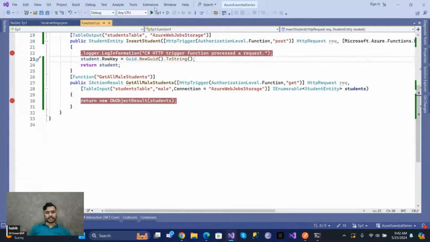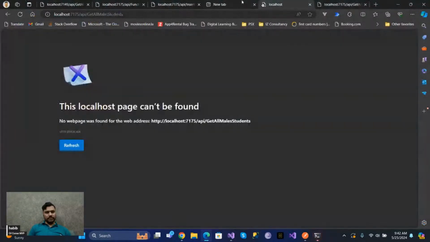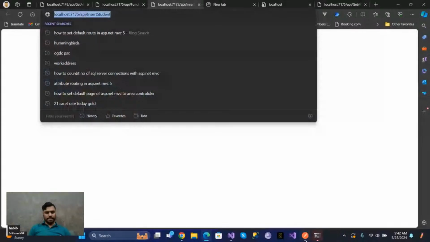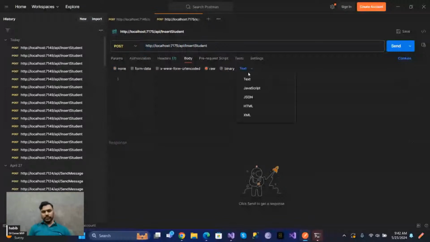Okay, now let's run this and let's copy the URL for insert student to my Postman. Let's update this to HTTP post. Inside body, I have JSON. So inside JSON, I will say I have